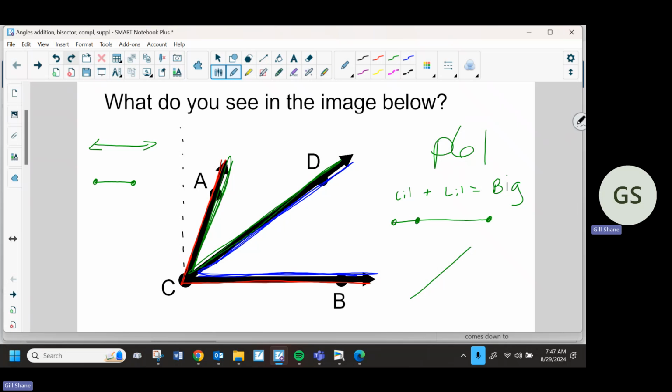All right, so little plus little is big. So that green angle, the sort of top smaller angle, plus the blue angle is going to equal the measure of that red angle. It is just like what we did in segments. It is not that different. In segments, I then said something like,